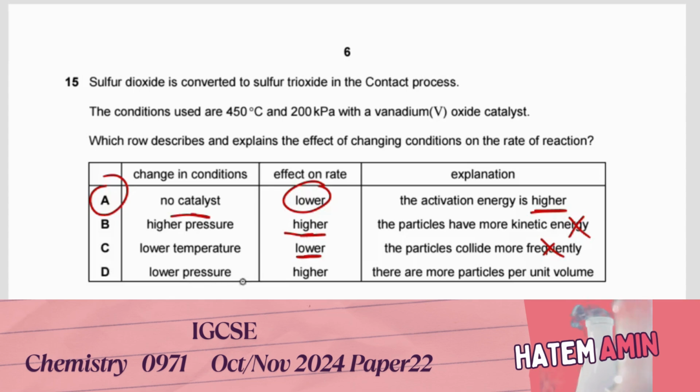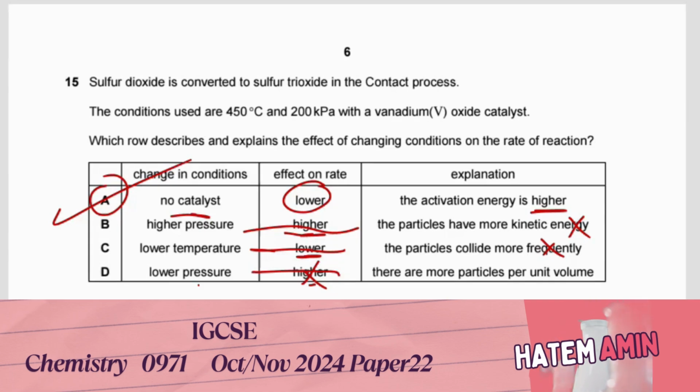D, lower pressure, higher rate of reaction. Of course not. Lower pressure means a lower rate of reaction, so that one is not correct. C is not correct. B is not correct. The correct answer is A. With no catalyst, the rate of reaction will decrease, and the explanation is that the activation energy is higher, or the amount of energy we need to initiate this reaction increased